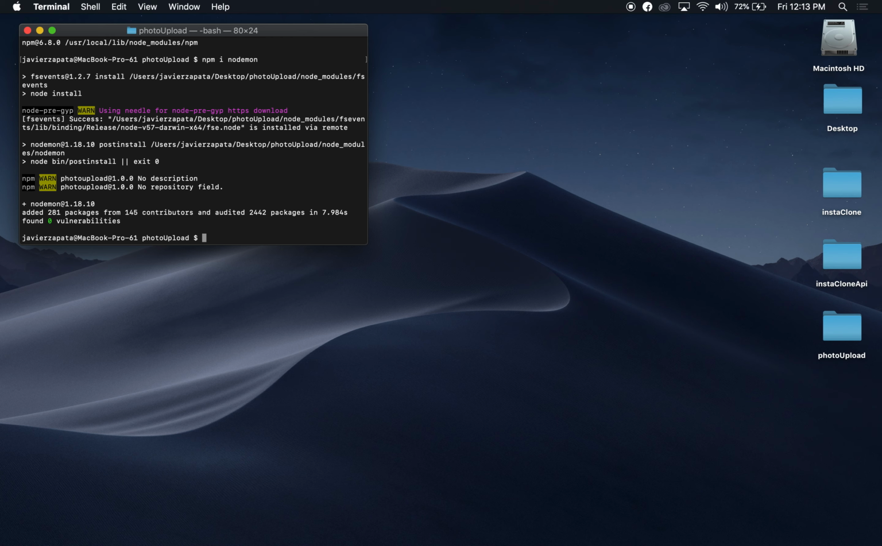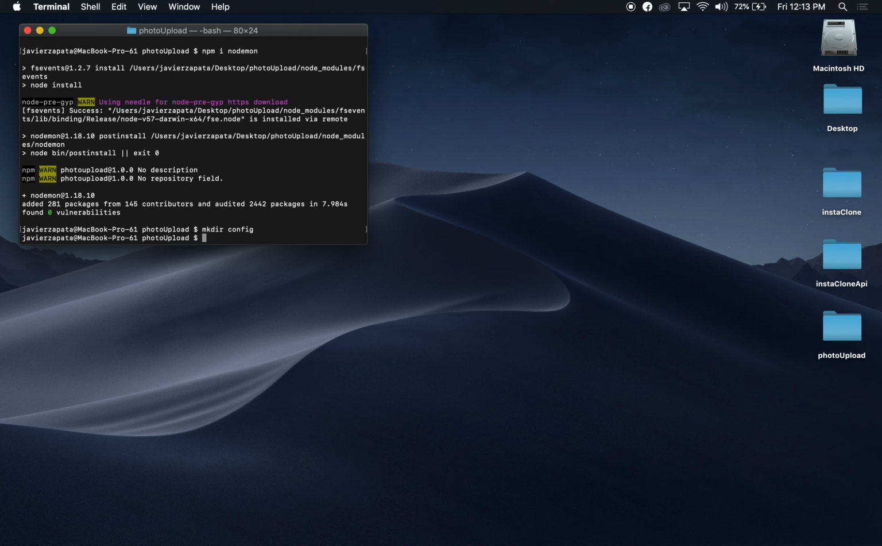Next we're gonna make a folder called config, and this is where we're gonna put all the configuration for multer and the S3,